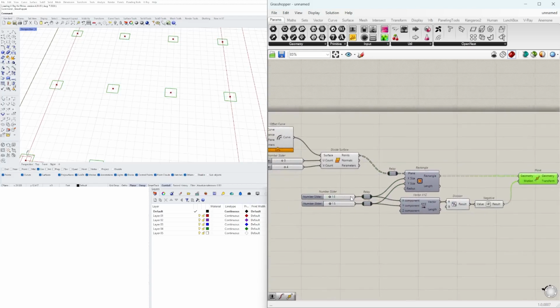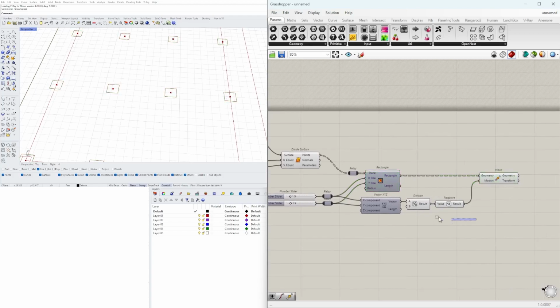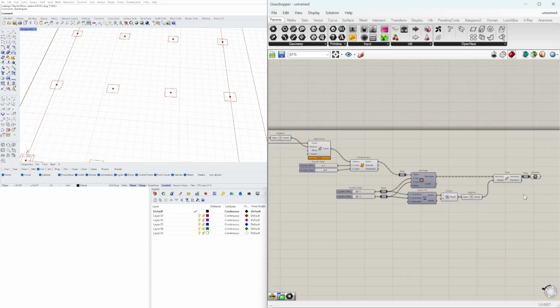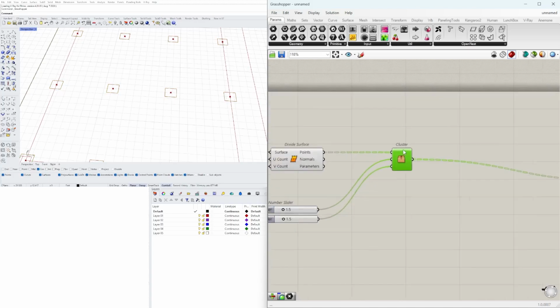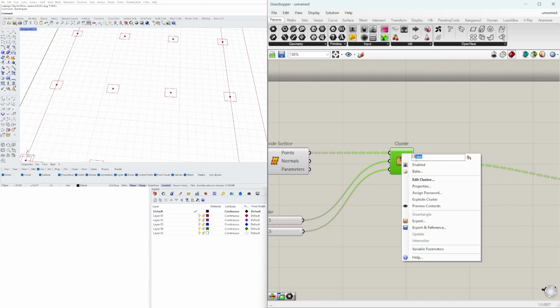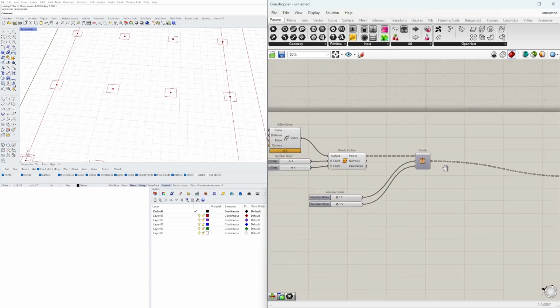Within the script, this is going to be the size, this is going to be the rectangle, this is centering it on the point, and now we have a geometry component out here. We can take all of this information in here, middle click, and create a cluster from it. So this cluster would be labeled